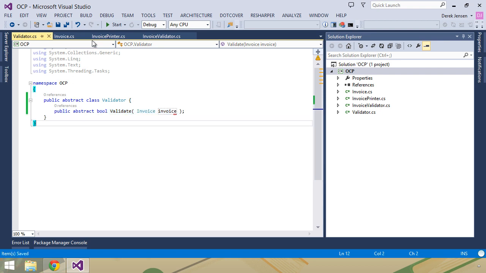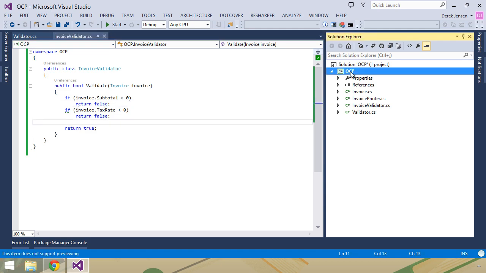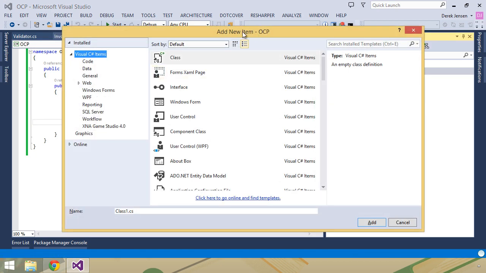So if you take a look back at our invoice validator, let's go ahead and close invoice and invoice printer. If we take a look at this, one of the first things we're checking to see is if the subtotal is less than 0. And if it is, then we're going to break. So let's go ahead and create another class that's going to be called subtotal, or actually we'll call this invoice